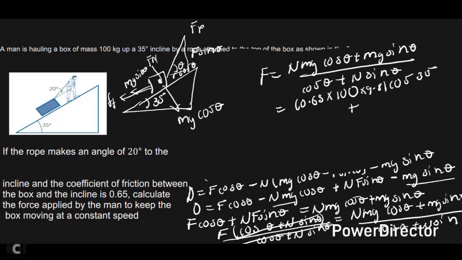Plus, you're adding which one? You're adding mg, so it's plus 100 times 9.81, like that, sin 35, over